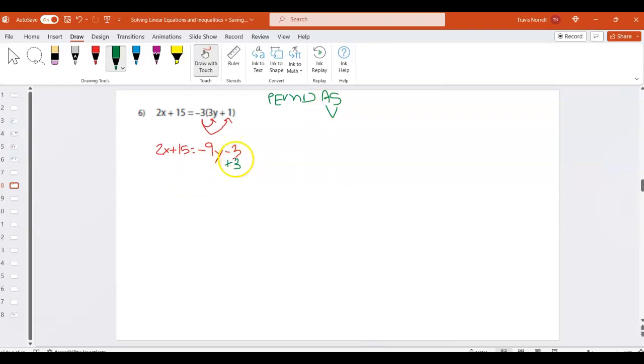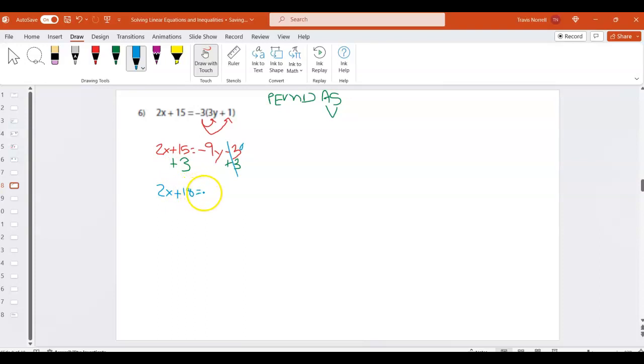So if I add 3 here, I'm going to add 3 here. Notice I'm adding it to the like terms, one on each side of the equal sign. -3 plus 3 is just 0. So I have 2x, and +15 plus 3 is +18,